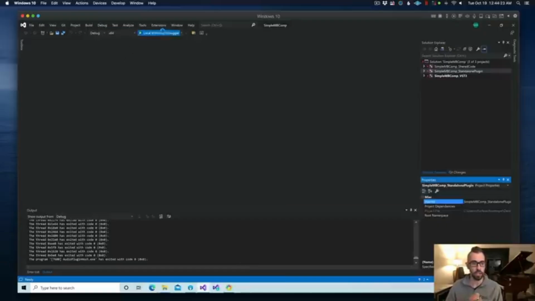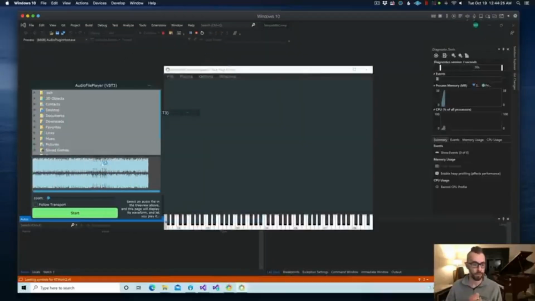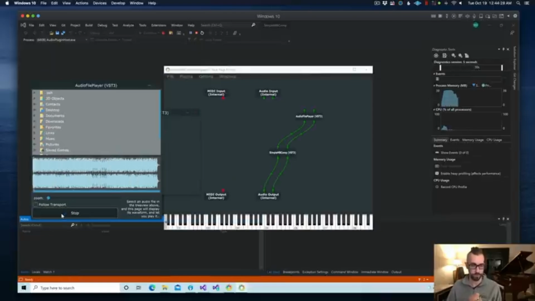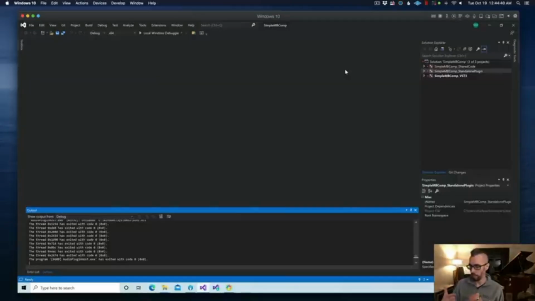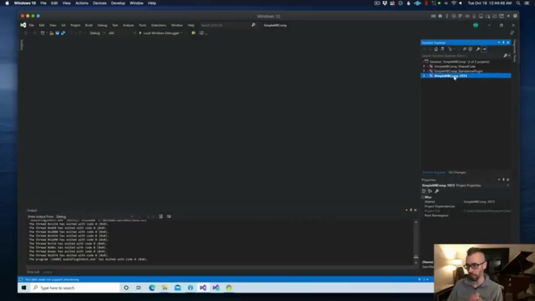So if we go ahead and launch this again, there's our file. And if we press play, it's going to work as expected. So that's fantastic. All right, we'll put this guy over here. Audio Plugin Host is configured, and we have set up our project so that every time we have the VST3 version set as the startup project, it's going to launch